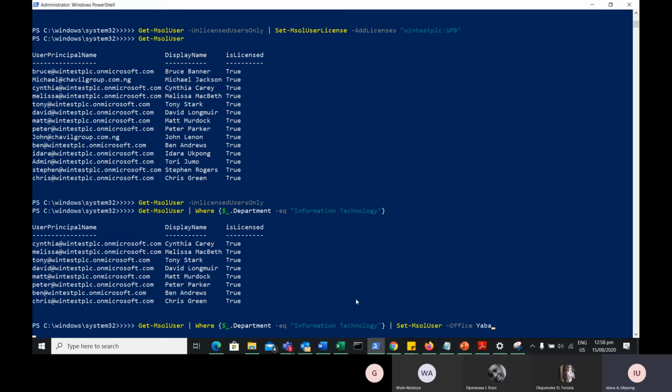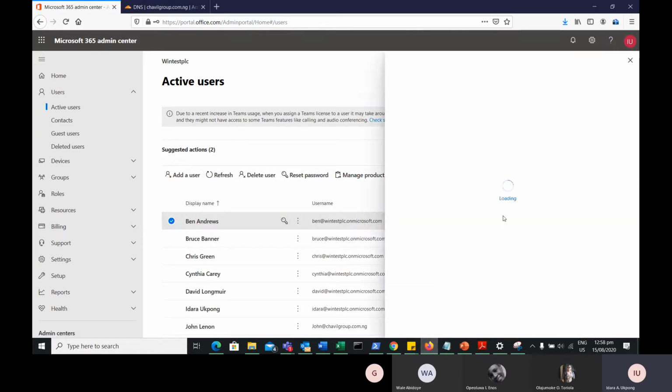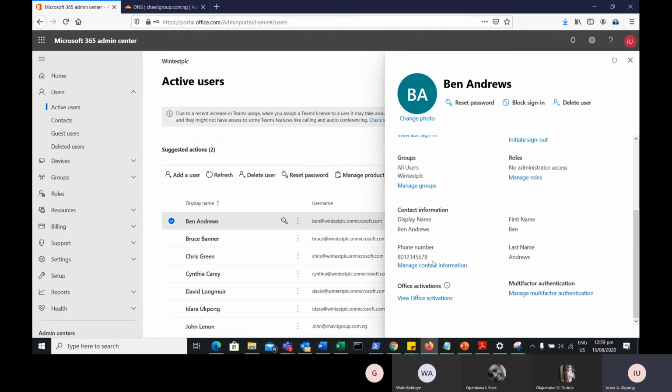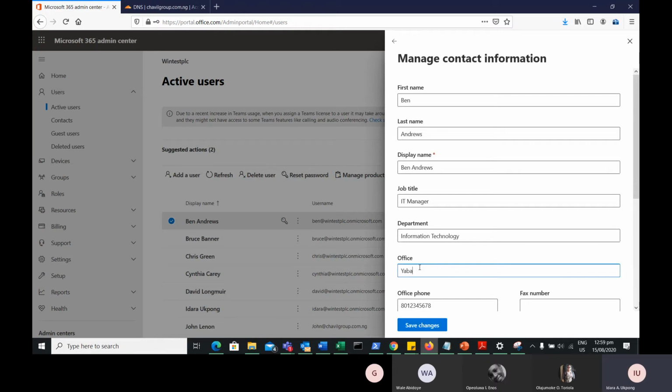So we'll go and confirm and see if we can get the office of all of these users, and we'll confirm if that has changed from the GUI, and we'll also see if we can get that from PowerShell. Let's see. Ben is one of the IT users. Let's see if his office has been populated and if it is Yaba like we specified. Ben is loading. Let's see the information under Ben. And we can see Ben now has his office in Yaba,